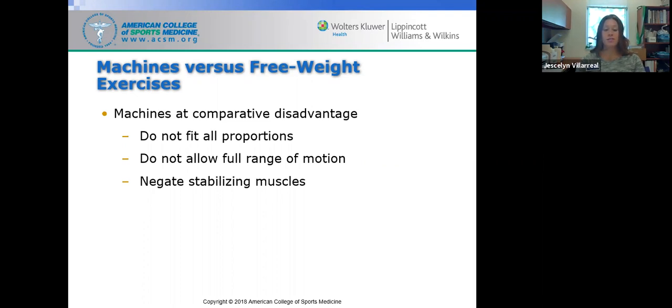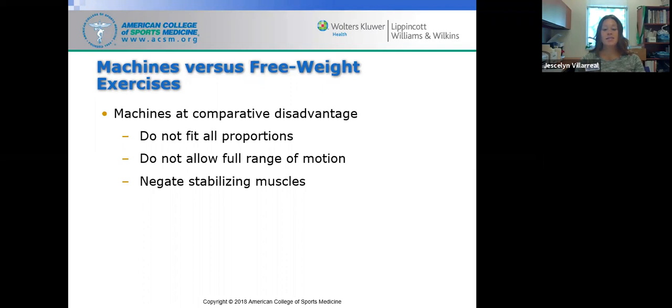So the 3 reasons why are, they don't fit all proportions. So if you're thinking of an overweight or obese individual, the client most likely will not fit into a machine. And if they do, they'll be very uncomfortable. And the last thing we want to do is to put someone in an uncomfortable position while they're training with us. Some of them do not allow full range of motion,